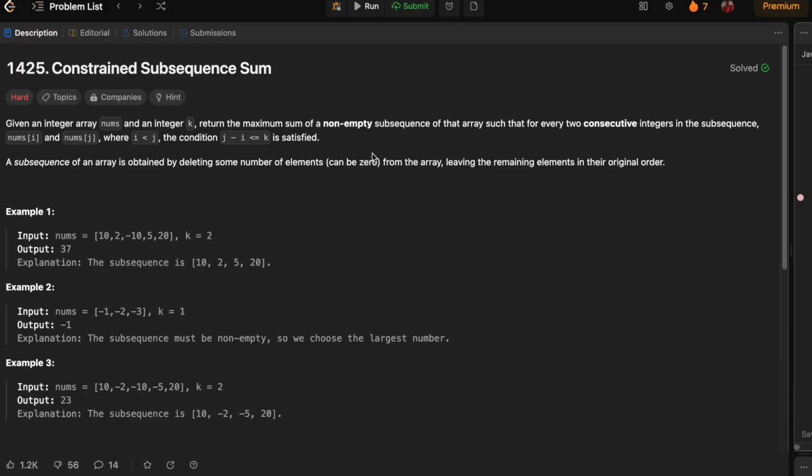Today we are going to solve the problem Constrained Subsequence Sum from LeetCode. So you have been given an integer array nums. If you feel like my speed is slow, you can just increase the speed using YouTube's inbuilt function. So let's start. Given an integer array nums and an integer k, return the maximum sum of a non-empty